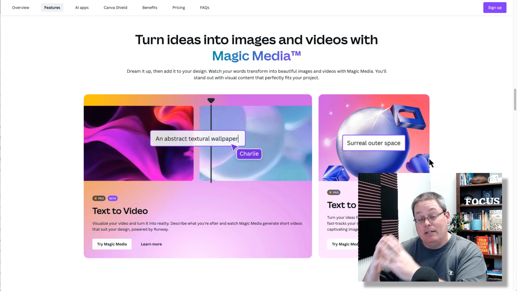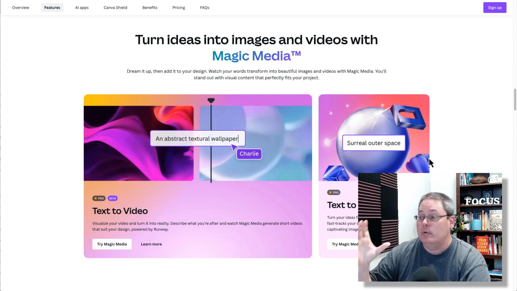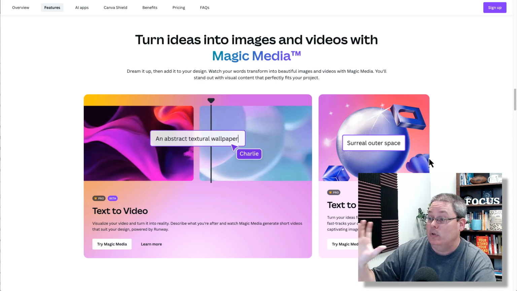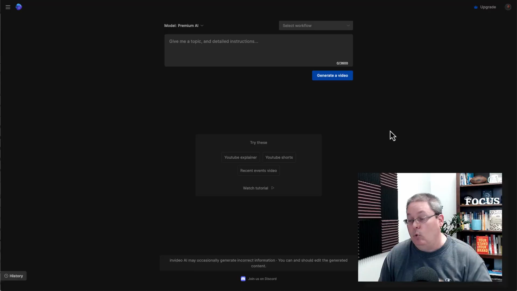For free to get started or with a paid account, you can turn ideas into images and videos with Media Magic. Text to video, text to image. You can utilize this to make short form video that you actually have a license to use, based upon the license that Canva is going to give you, based upon the time that you're spending to understand and learn how to use a tool like Canva, or a tool like InVideo, where you can come here and you can just